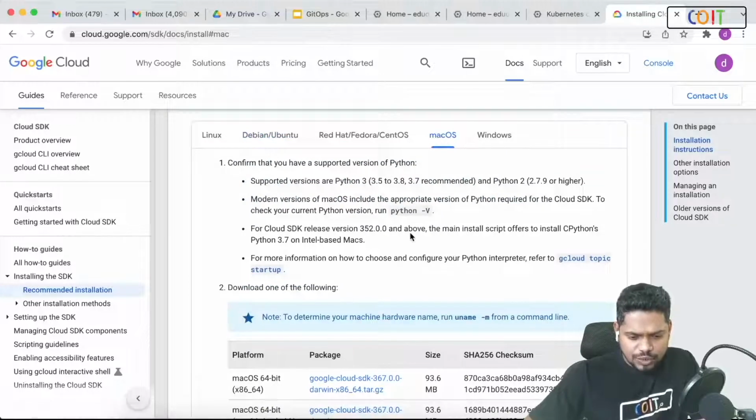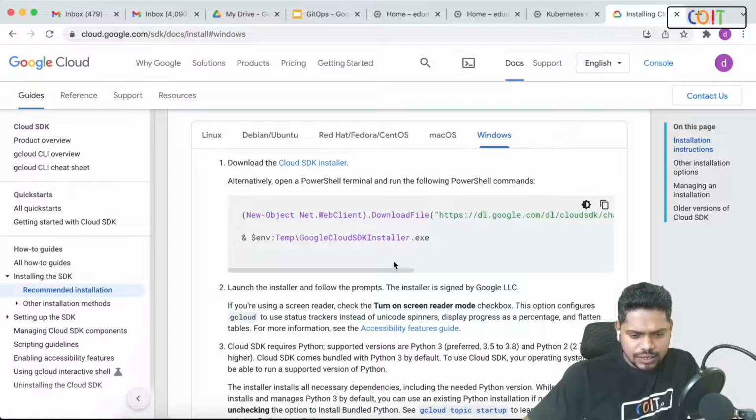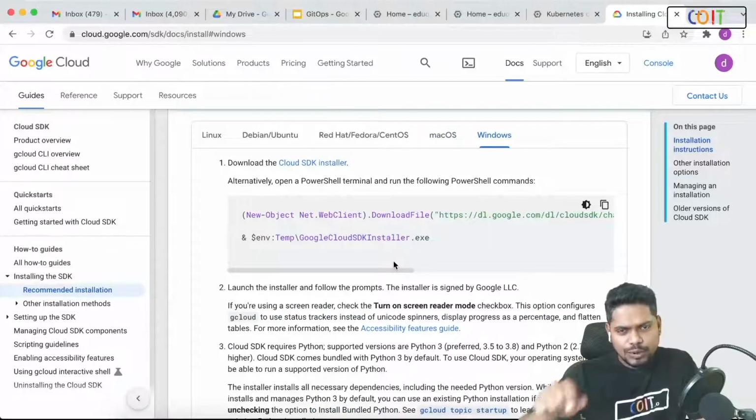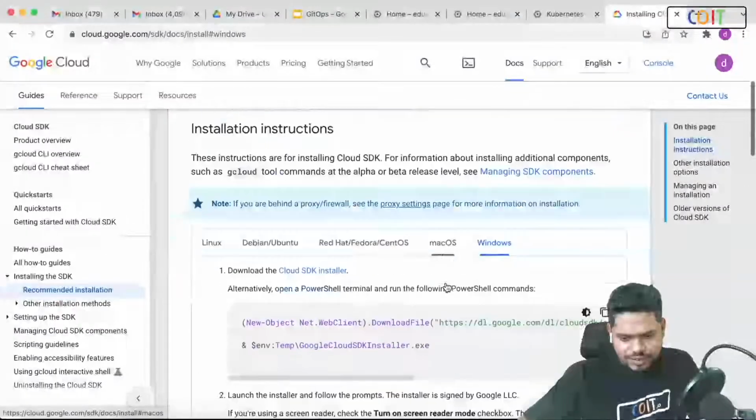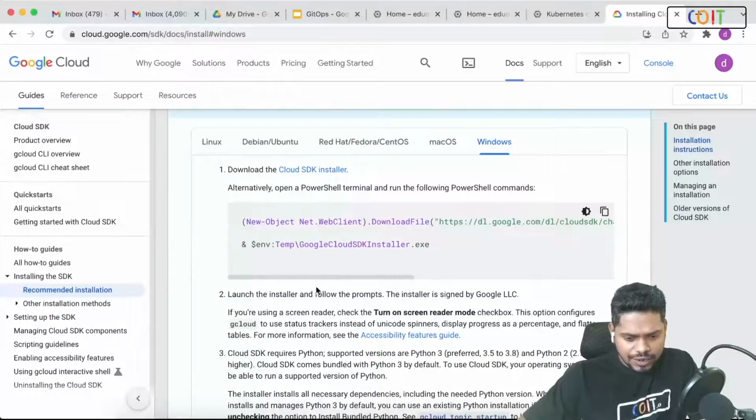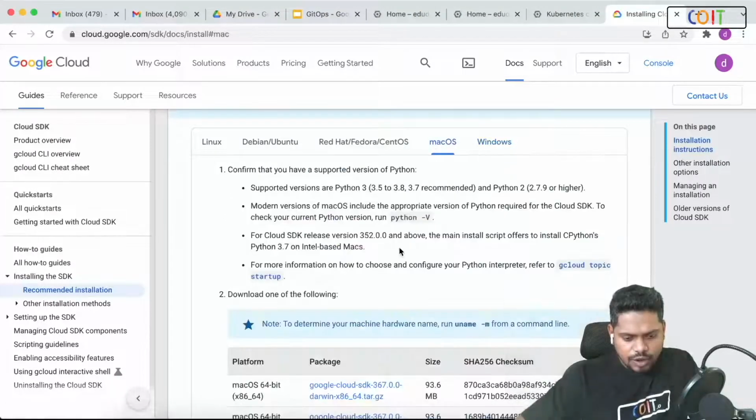Let me go to Mac. I am using Mac. I'm going to install things in my laptop. You can follow the Windows option. I strongly suggest that you use your laptop to install stuff, and it's just a download and next, install. Pretty straightforward on Windows. And on Mac,